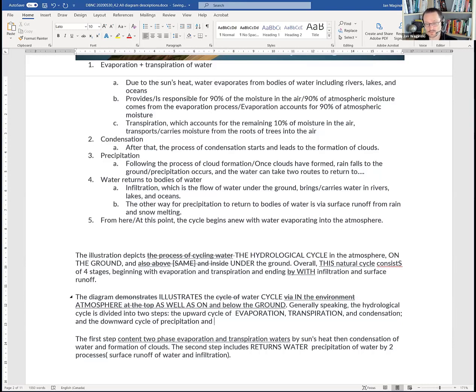So how would you group those two together? Sorry, I didn't get this part. So infiltration and surface runoff, those are two processes that are grouped together, right? And we called it the process of water returning to bodies of water, followed by water return to bodies of water via